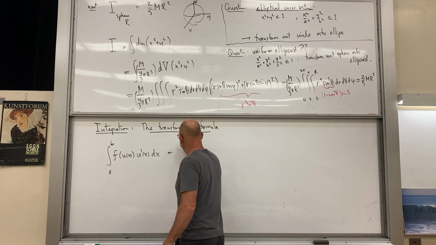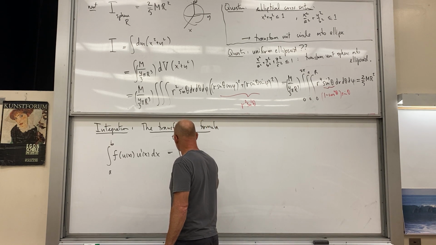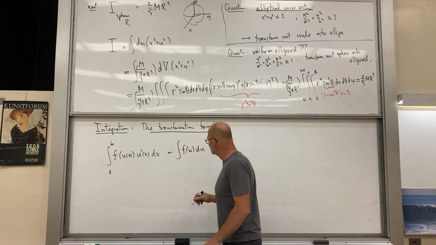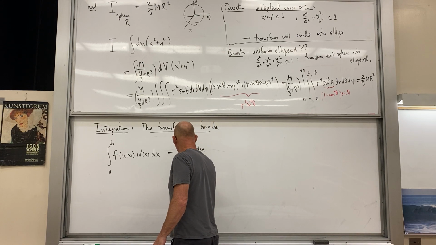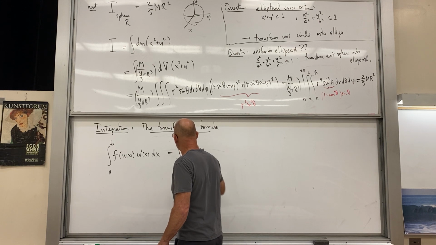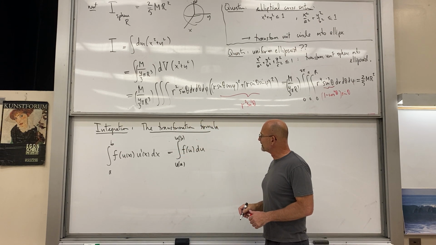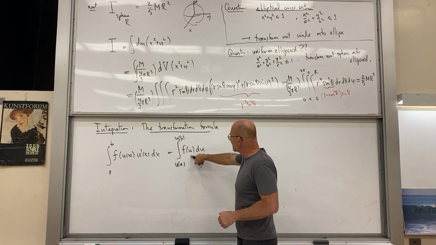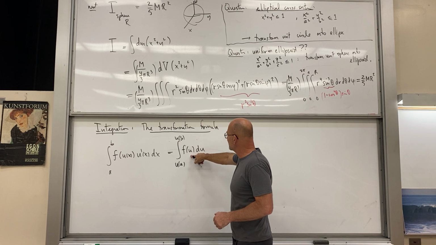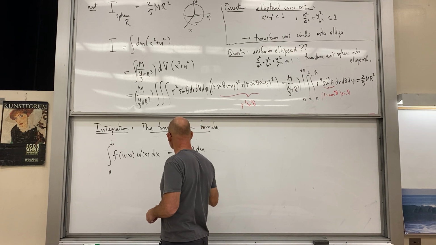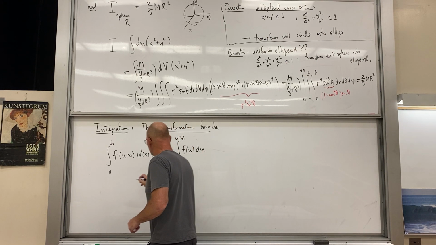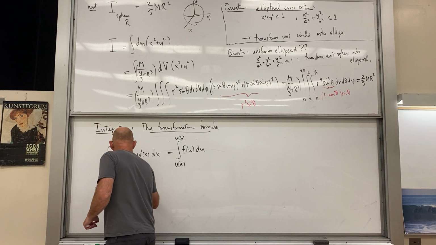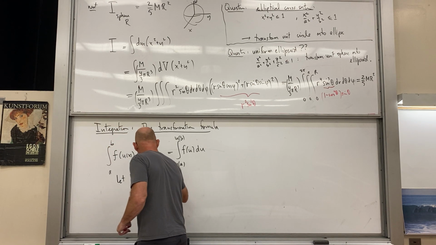That's equal to the integral of f of u du from u of a to u of b. And the way we can, of course, show that is if we have an antiderivative of f here, let capital F be the antiderivative